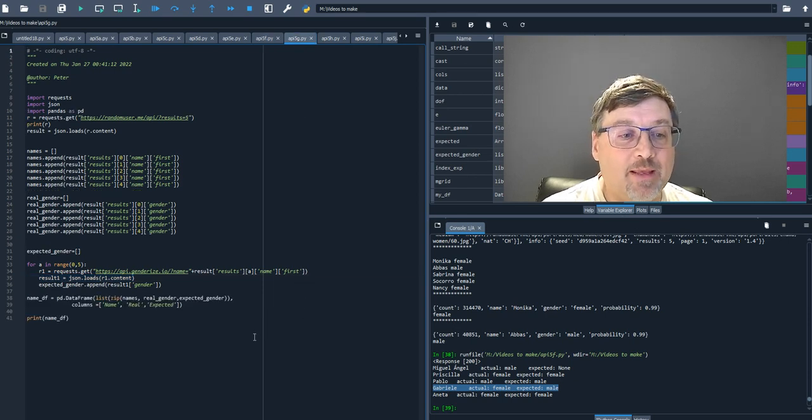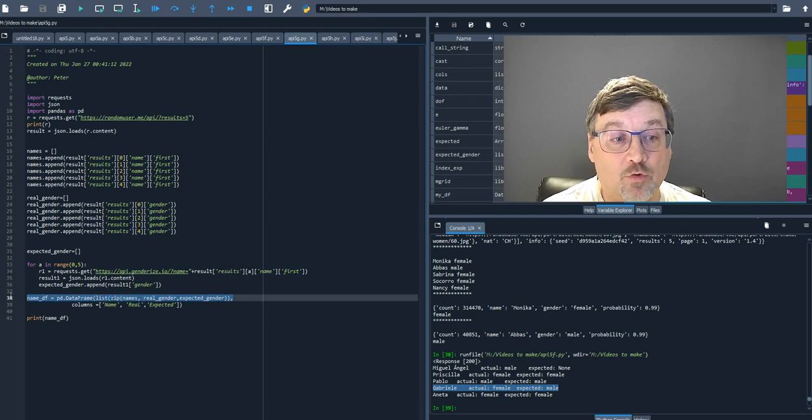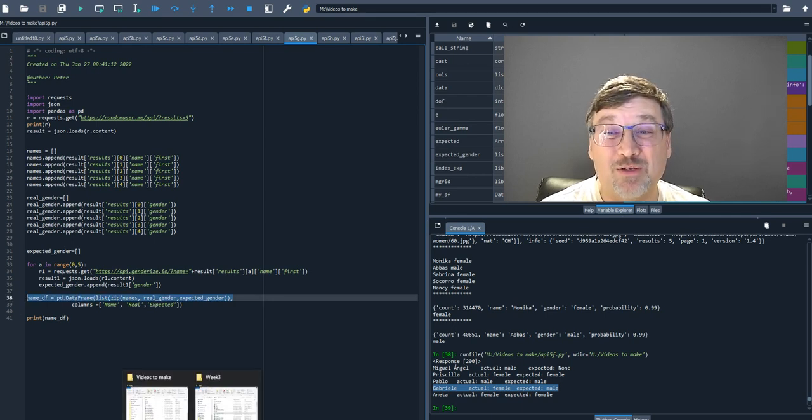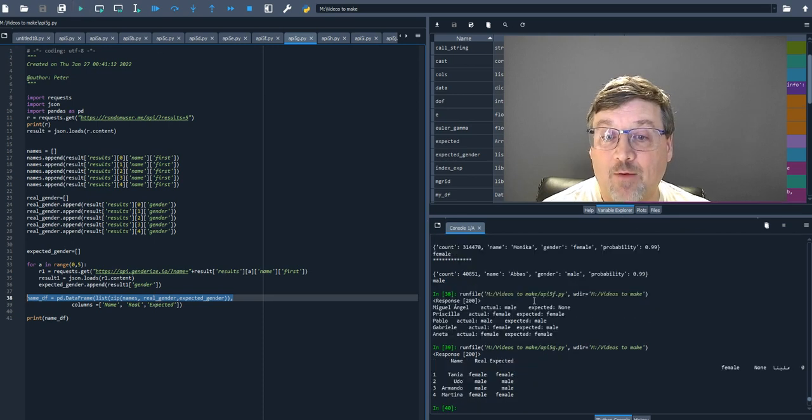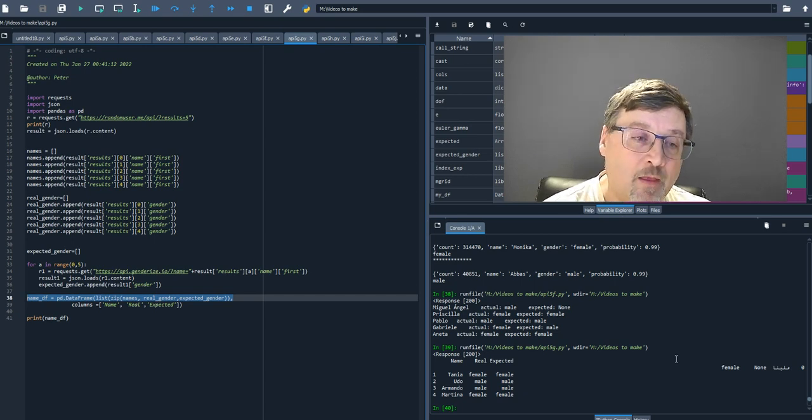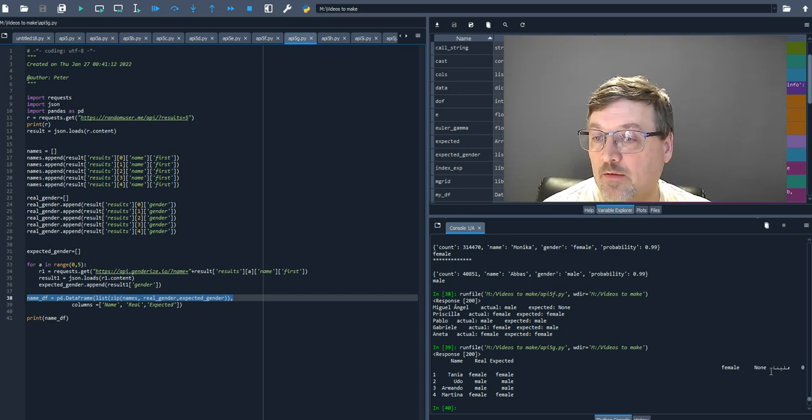And finally, we can make it all pretty and put it into a pandas data frame, which is really where we want to get to. So we can go through and make that, and now we have a nice pandas data frame where we have their name, the real fictitious value, and then the expected value. This one is right justified rather than left justified. That's based on the